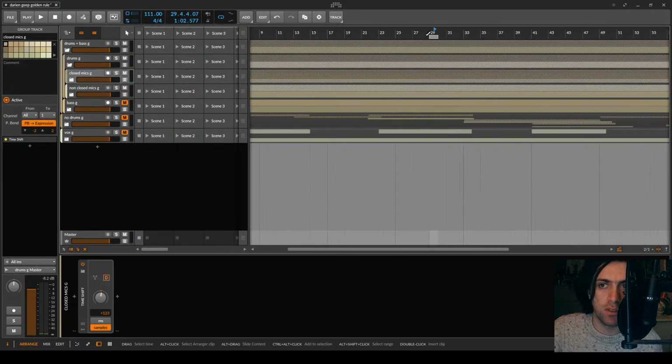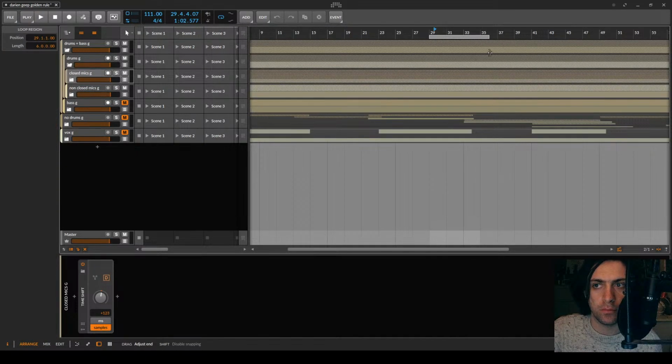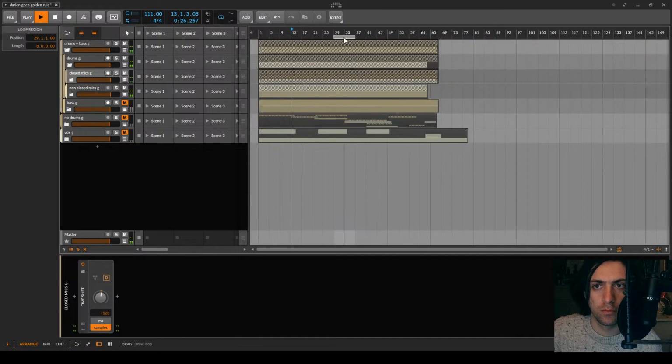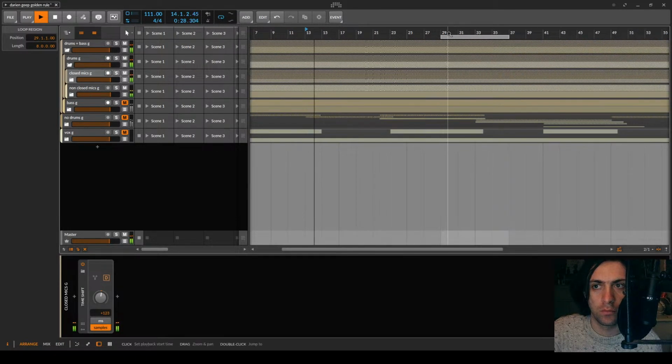I want to have a different sequence for that. Where are the cool sequences in this signal? Right cymbal.